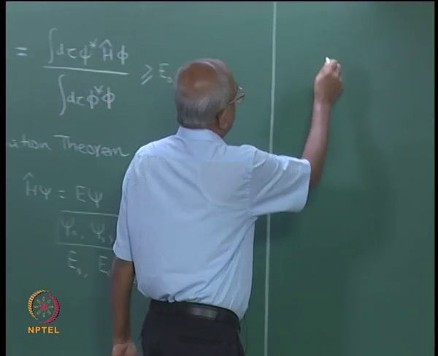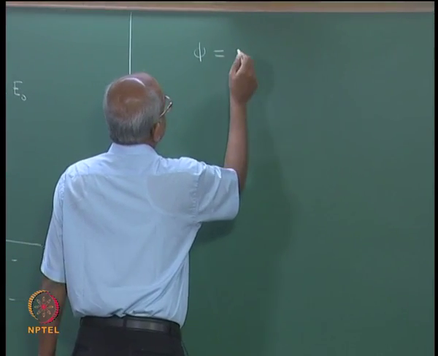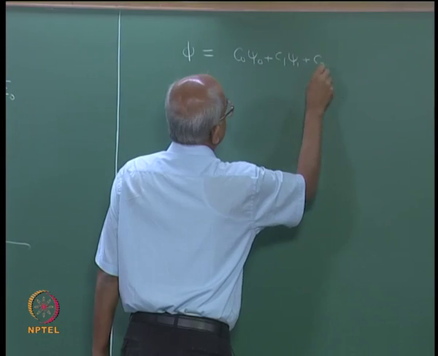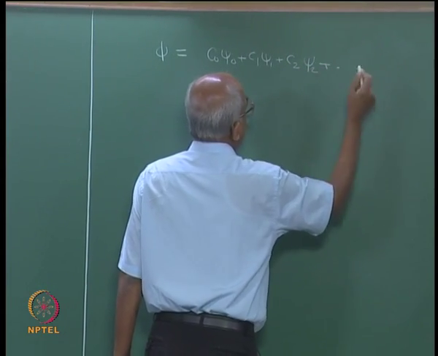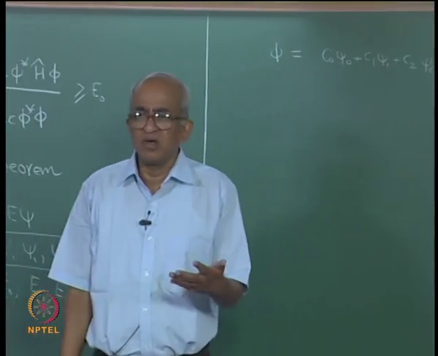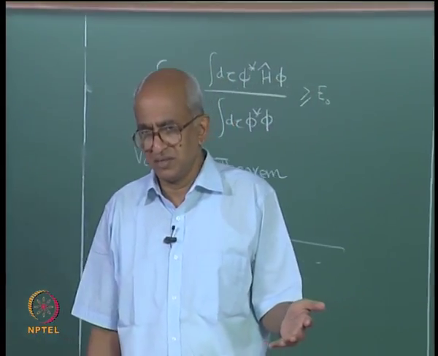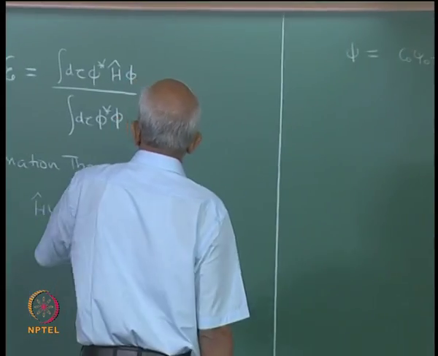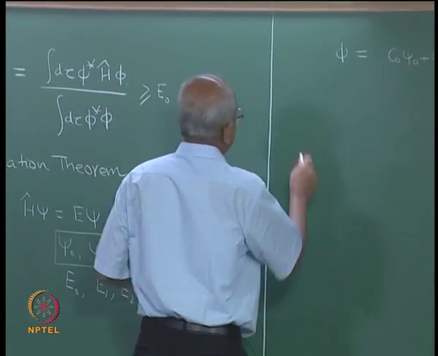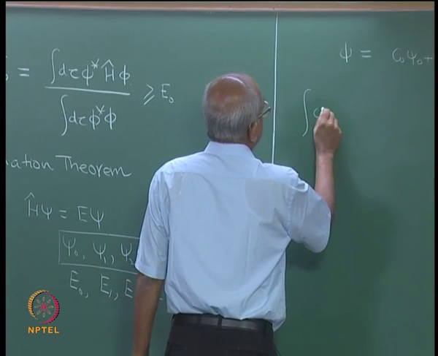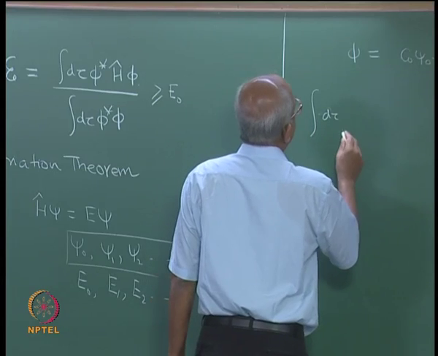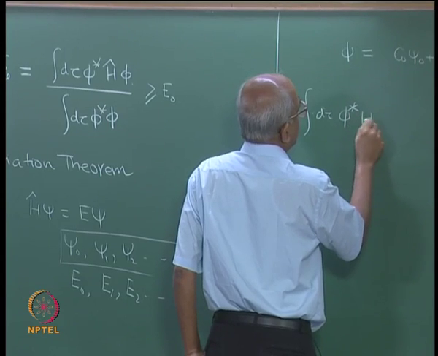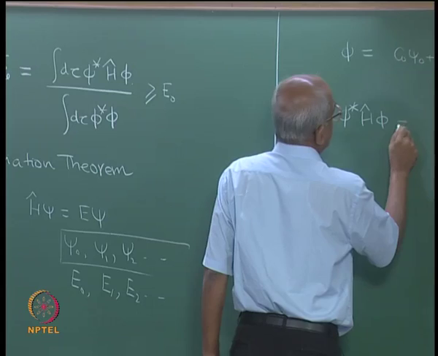So, I can definitely say that phi may be written as C0 psi 0 plus C1 psi 1 plus C2 psi 2. This is definitely possible, even though I do not really know what the values of C0, C1, C2, C3, etc. are, but this is possible. And if that is possible, let me evaluate the numerator of this expression. What is the numerator? It is actually the integral d tau phi star H phi, and that will be equal to